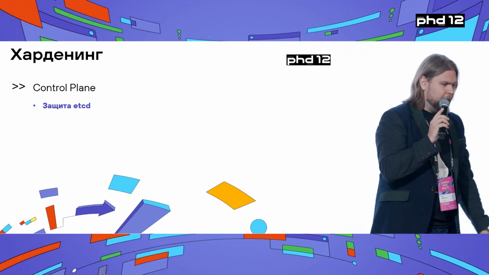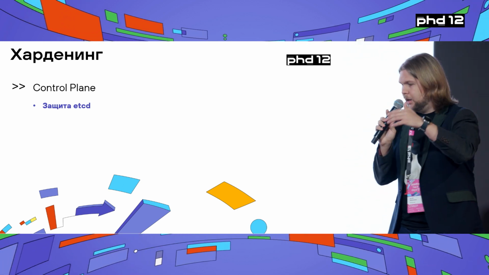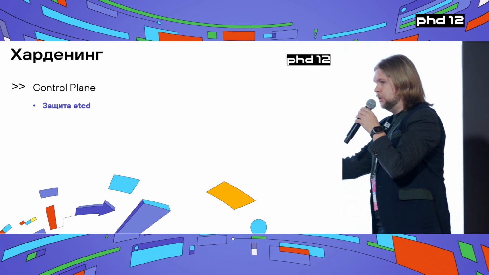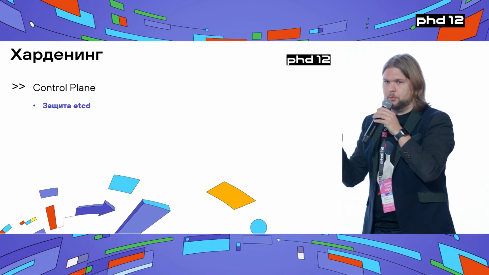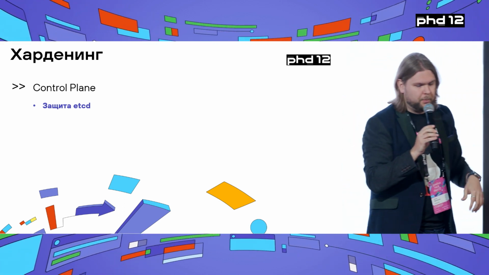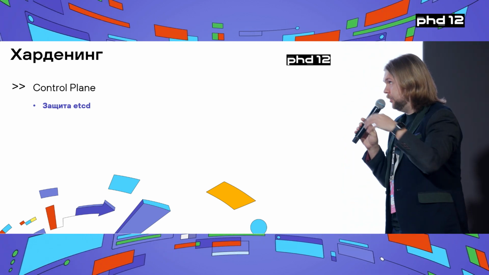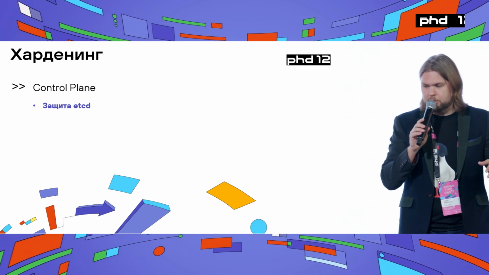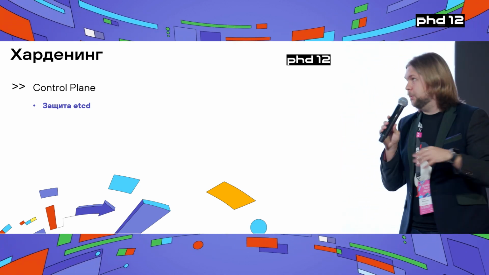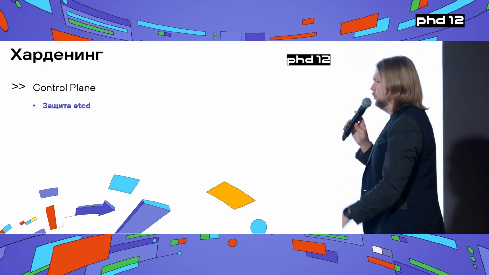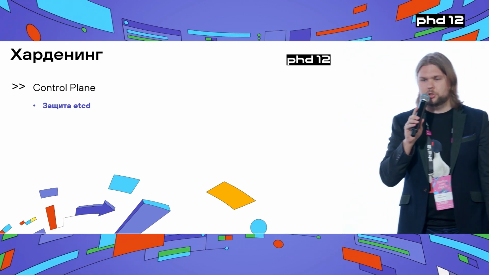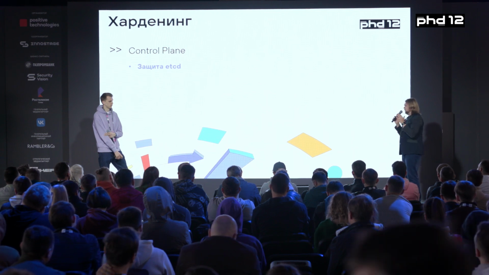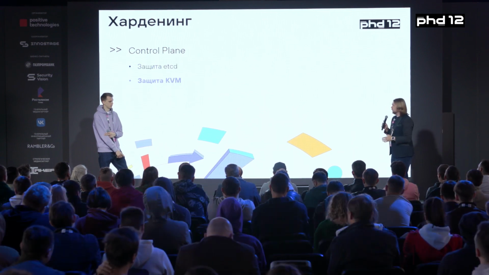for suspicious authentication or related events. Let's talk about hardening the control plane. When we talked about the Teleport architecture, we mentioned that Teleport uses a distributed database, etcd, and in etcd they store the private key for the certificate authority. What does it mean? It means that by compromising etcd, they will compromise your whole infrastructure protected by Teleport. So etcd should be protected well.